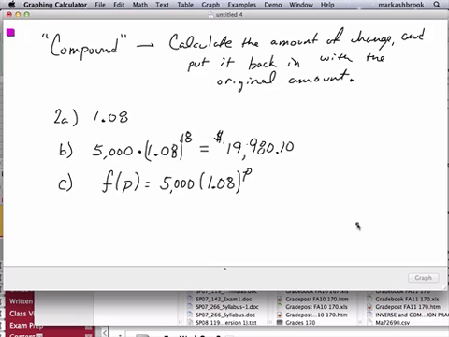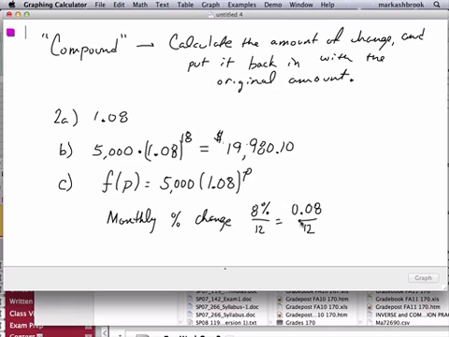Okay, so the percent change is 8%. So is the monthly percent change 8% divided by 12? Or, in other words, 0.08 divided by 12. Is that the monthly percent change? It is not, okay? But